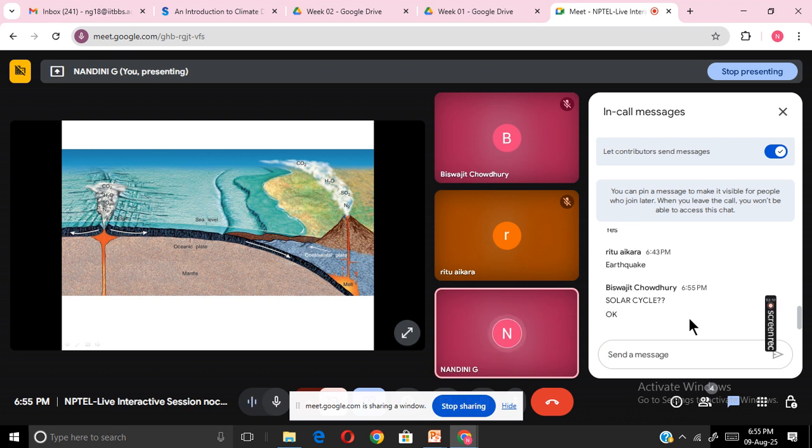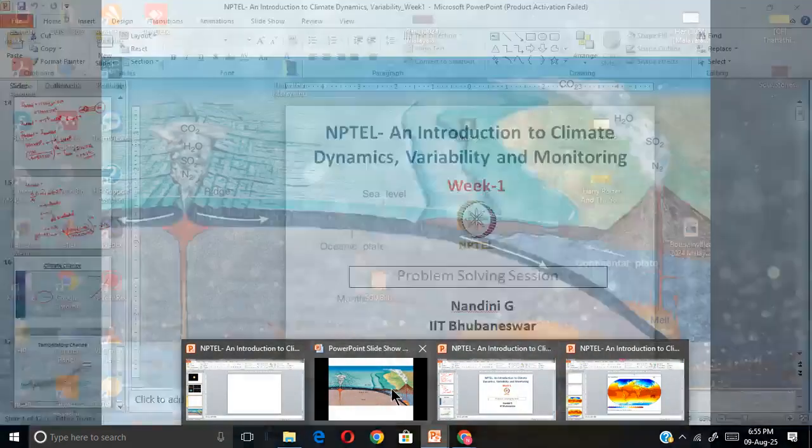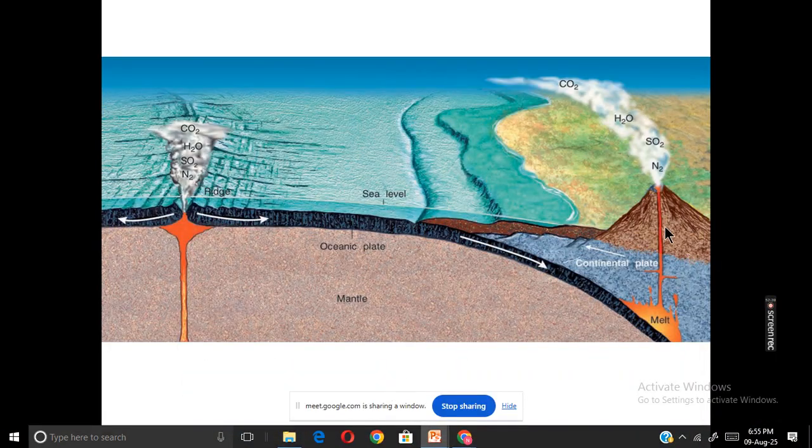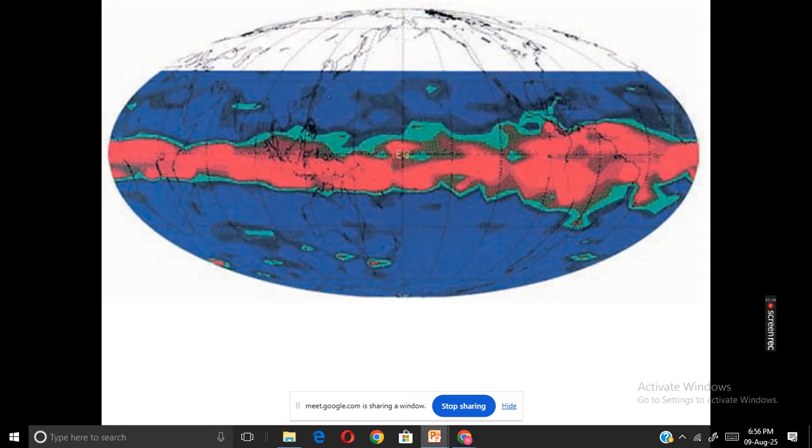So we have the Milankovitch cycles, the solar cycle, and then volcanic eruptions, which we have already mentioned. Due to volcanic eruptions there will also be climate change. So what happens during volcanic eruptions is that very fine particles of